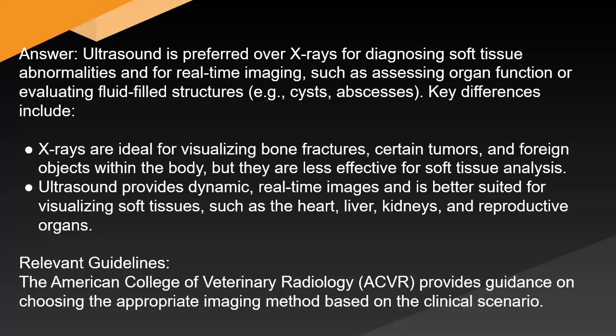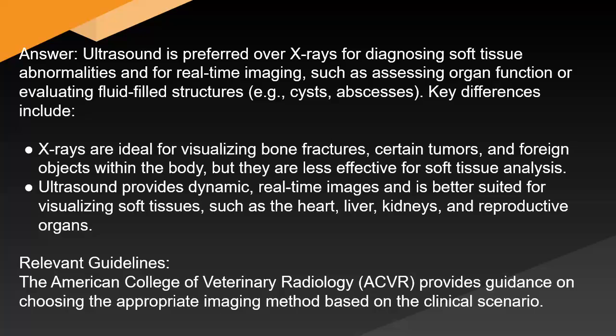cysts or abscesses. Key differences include: X-rays are ideal for visualizing bone fractures, certain tumors, and foreign objects within the body, but they are less effective for soft tissue analysis. Ultrasound provides dynamic, real-time images and is better suited for visualizing soft tissues such as the heart, liver, kidneys, and reproductive organs. Relevant guidelines. The American College of Veterinary Radiology (ACVR) provides guidance on choosing the appropriate imaging method based